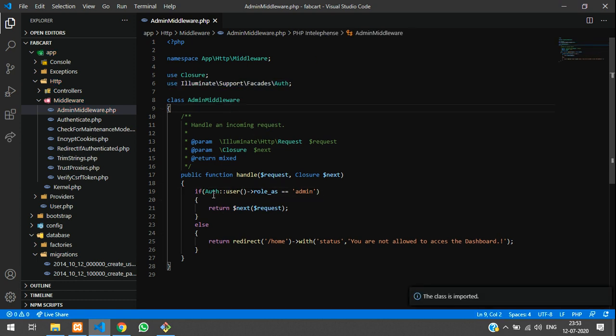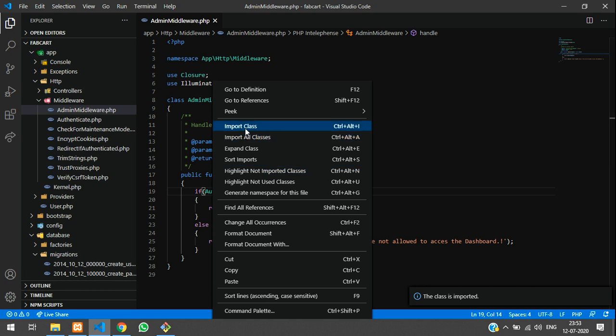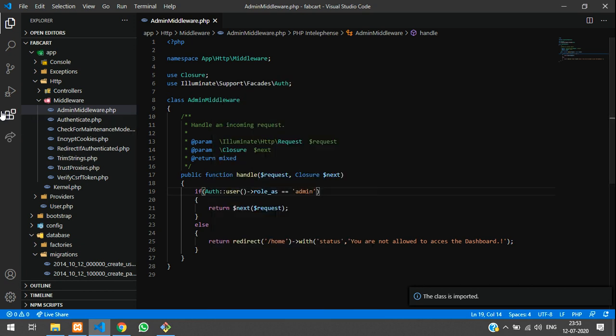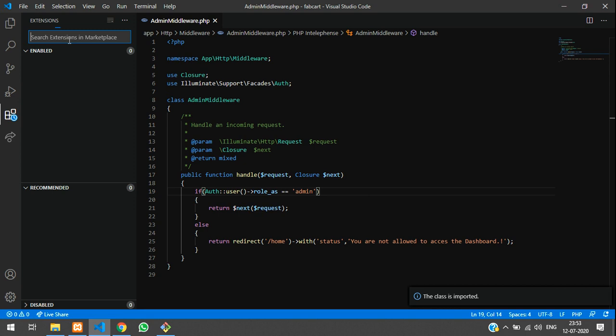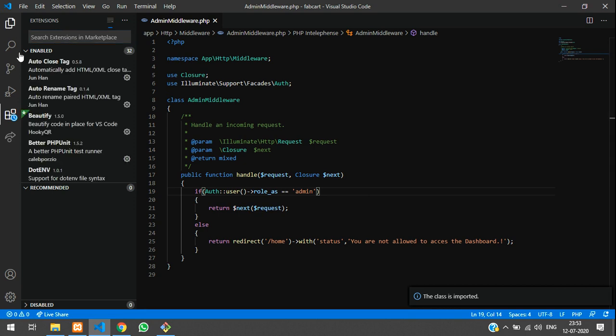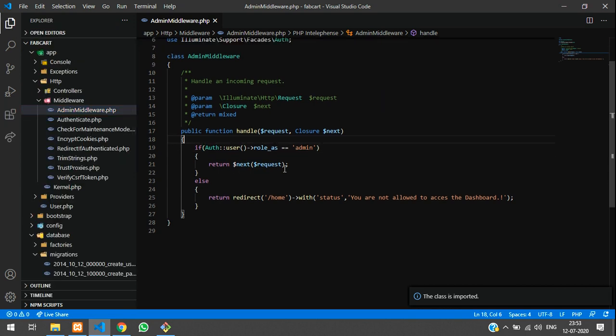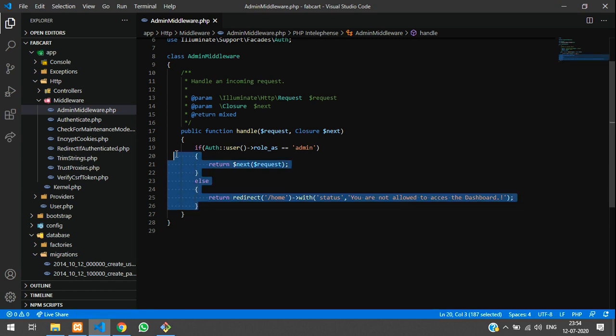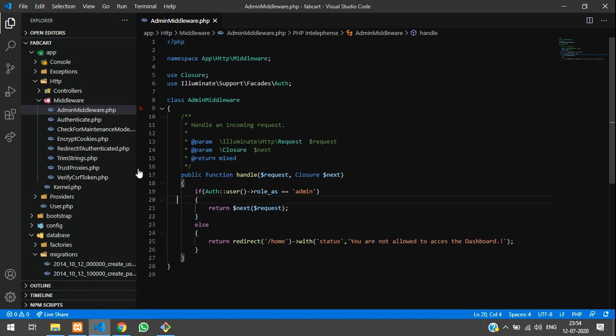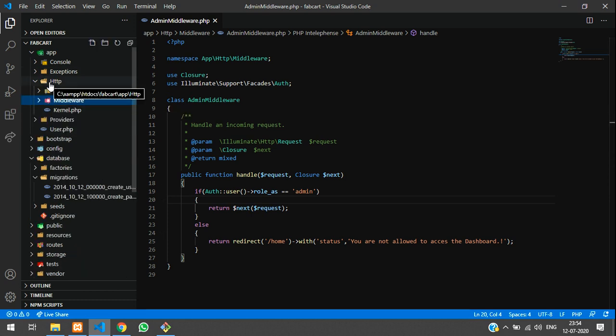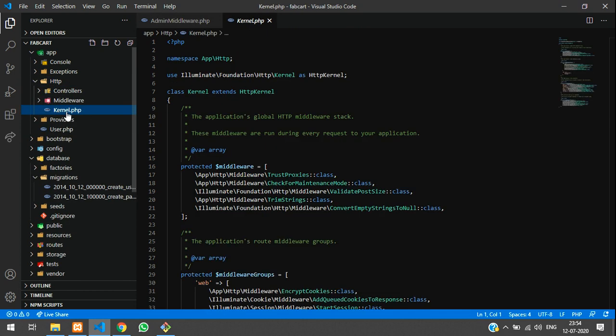Okay, if you need this extension, please go and install your Laravel extension pack so you can utilize those things. Okay, so the middleware is set now, and to use this admin middleware you have to register this in your kernel file. So inside your app http, you can see a middleware file called kernel.php.